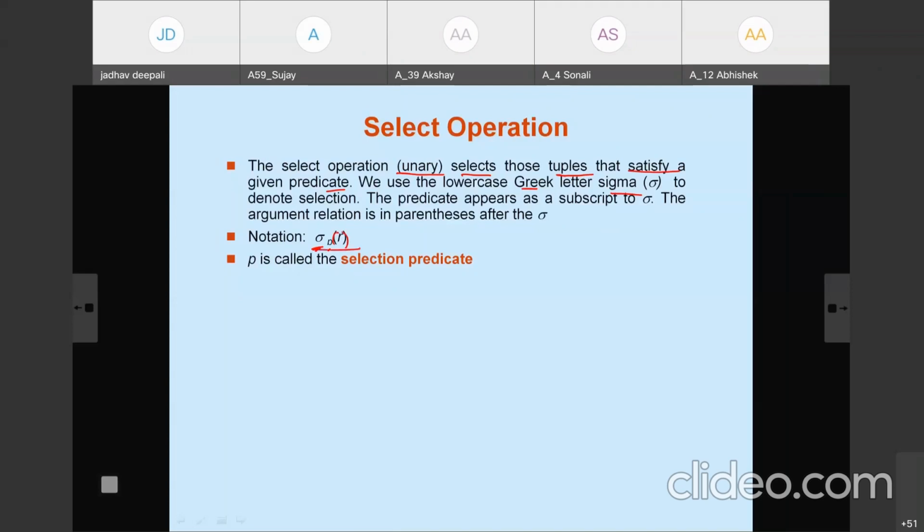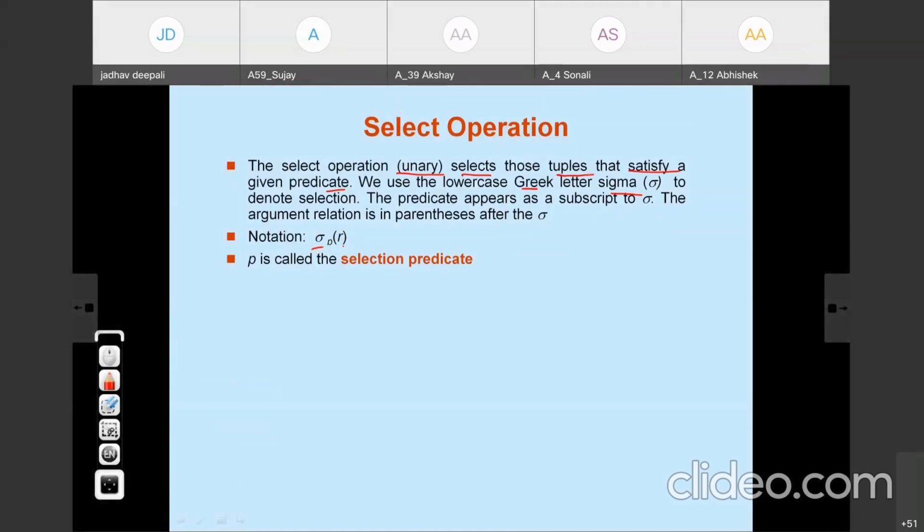The argument relation R is in parentheses. P is called the selection predicate, which is the subscript to the sigma.